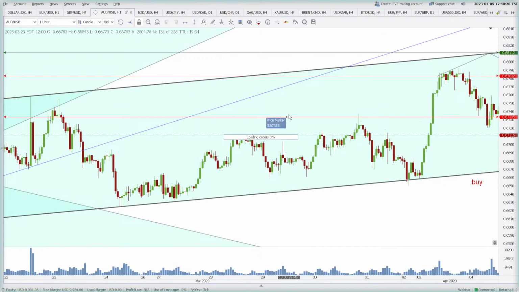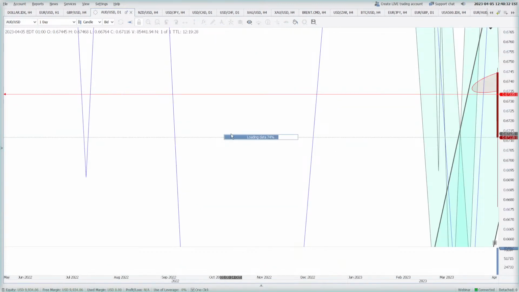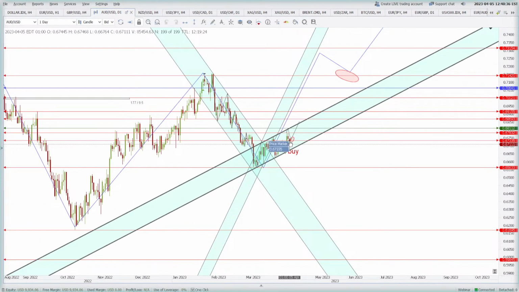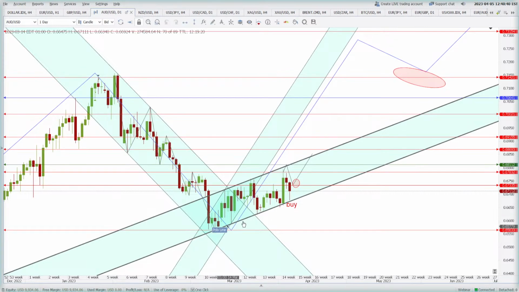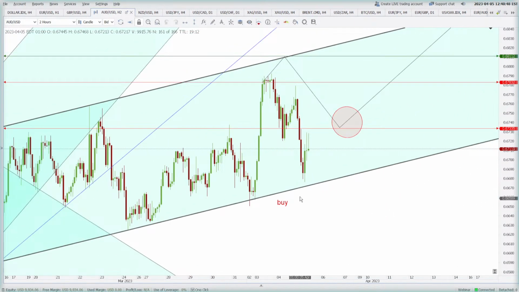Australian dollar, something is cooking up here. At the lower levels, we are seeing buyers jumping in, but these are on the 1 hour. Let me show you on the daily. On the daily, this is the trajectory that we are expecting the price to move, and this is the channel that price is taking. At the lower levels, yes, you got the buyers. On the 4-hour or 2-hour, you will see at the lower levels there are buyers, but at the higher levels there are sellers also.